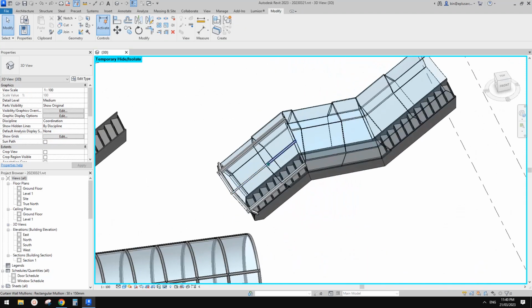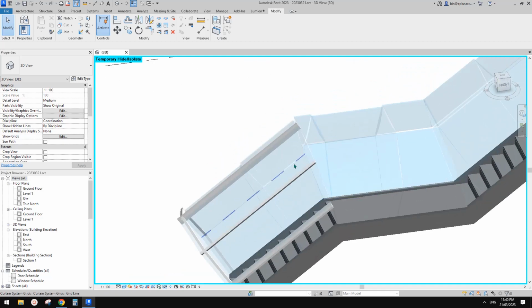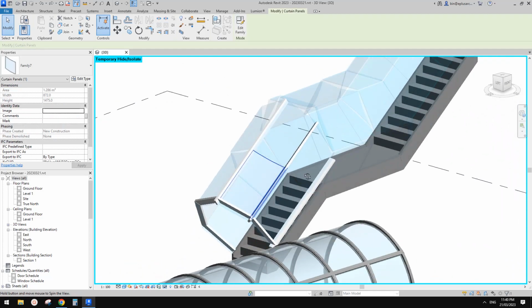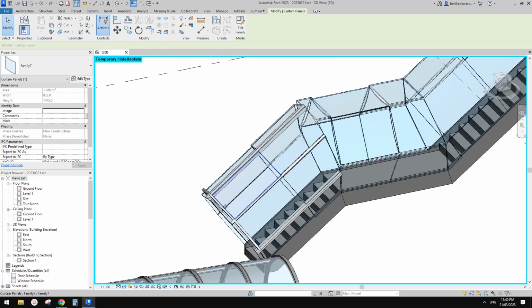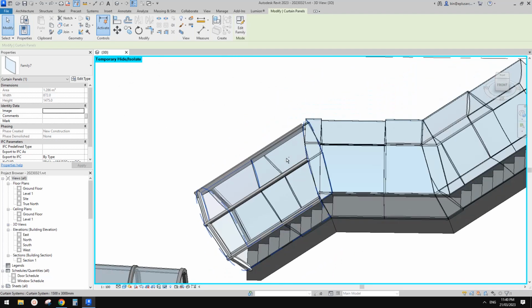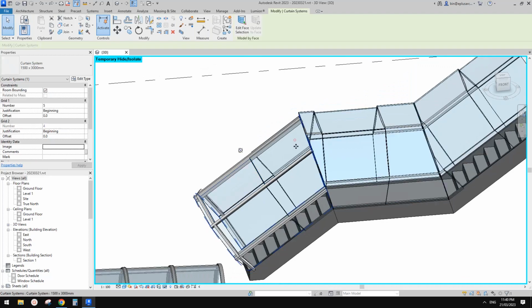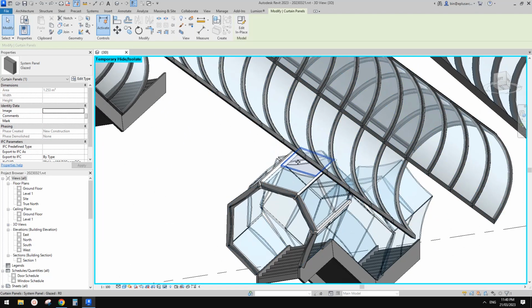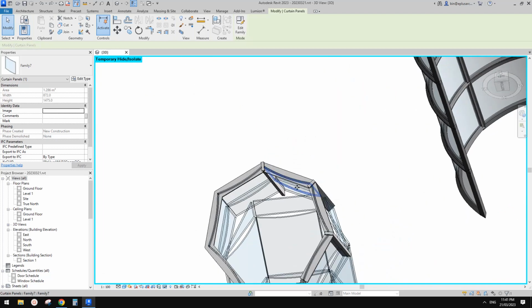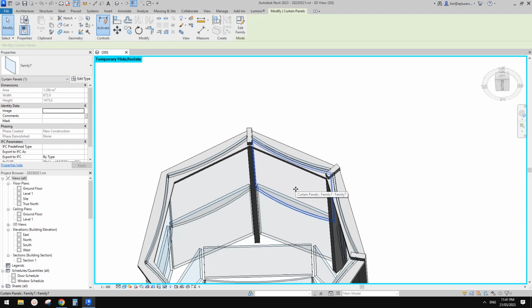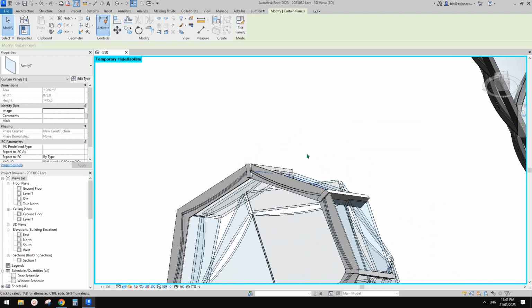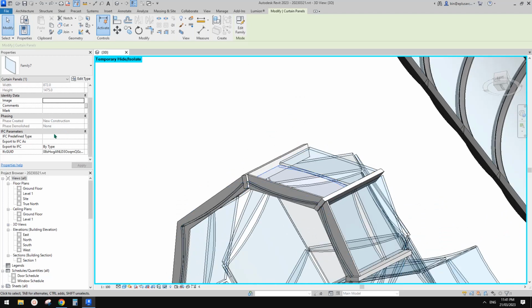So I think, yeah, because this curtain wall panel only works when that panel is rectangular shape. But if you can see here, it's not a rectangular shape. We won't be able to use this family. Okay, so this one can be flipped with space. If you press space, you can flip it, and you can also change the